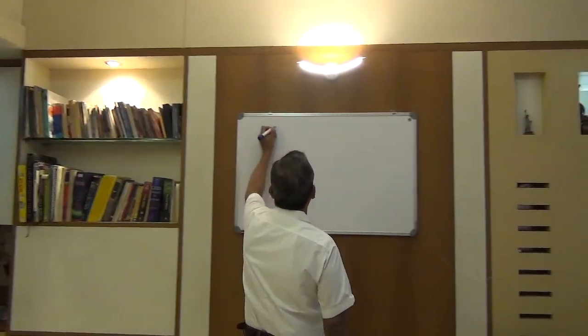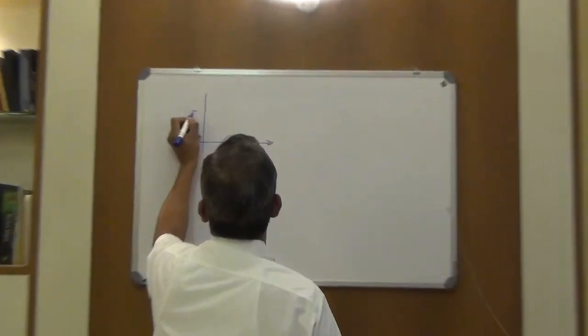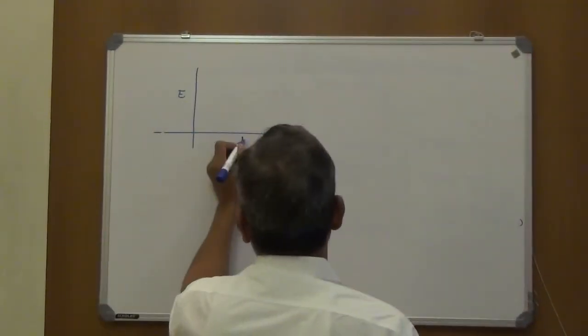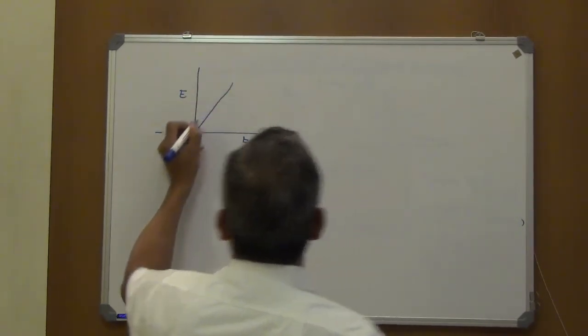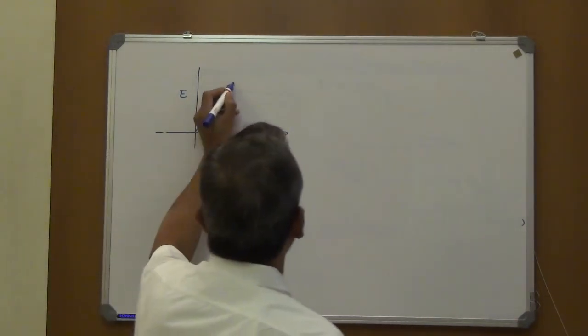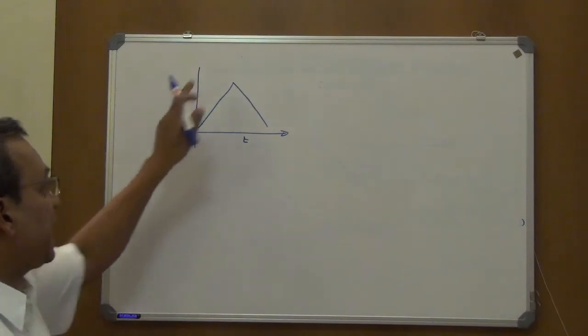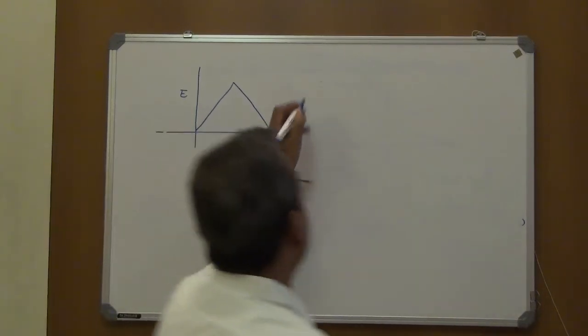For example, in the technique we are going to see today, the applied potential of the electrode changes linearly with time. It goes to some value called the switching potential, and then it comes back down to the original point. Since the potential is cycled, in a kind of triangular wave, the technique is called cyclic voltammetry.